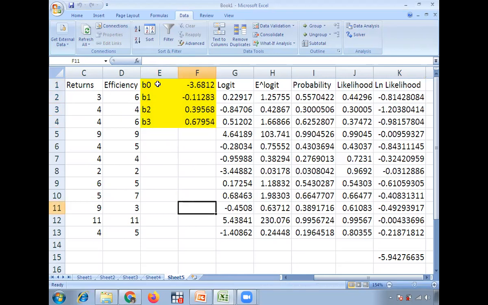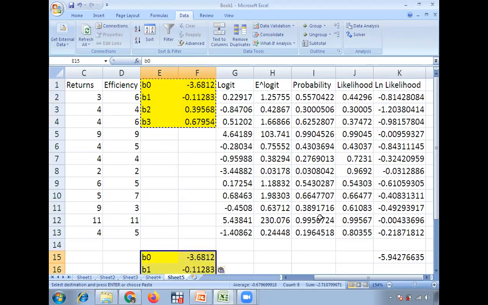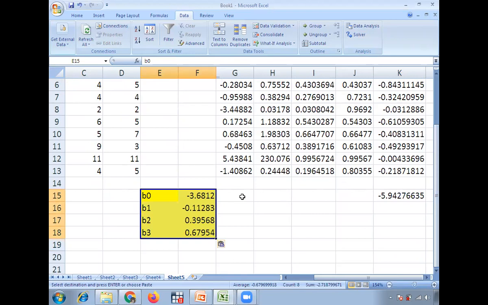So what we can do is reverse the sign of the coefficients. This is the P equal to 0 coefficient, the probability of the event not happening. Then we should have P equal to 1, the probability of the event happening. So what we can have is